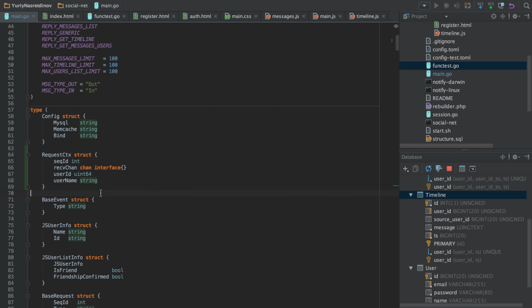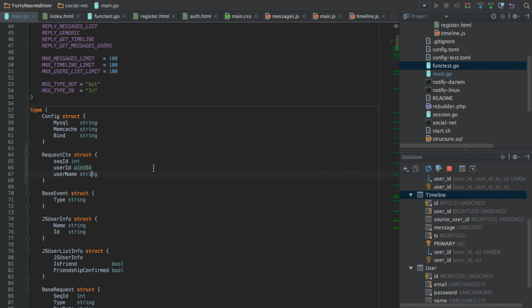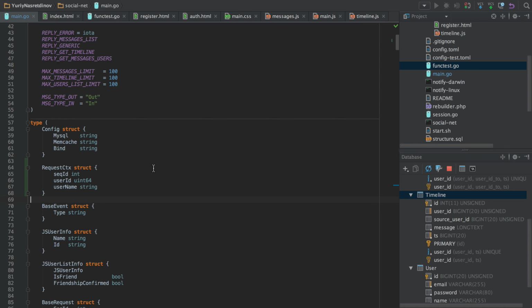So the context will look as something like this, and received channel is not the best name for our context, so we will rename it to something like listener, and we send... oh yeah okay, so I first get rid of it, but we'll see that we actually need this structure, so I will restore it.